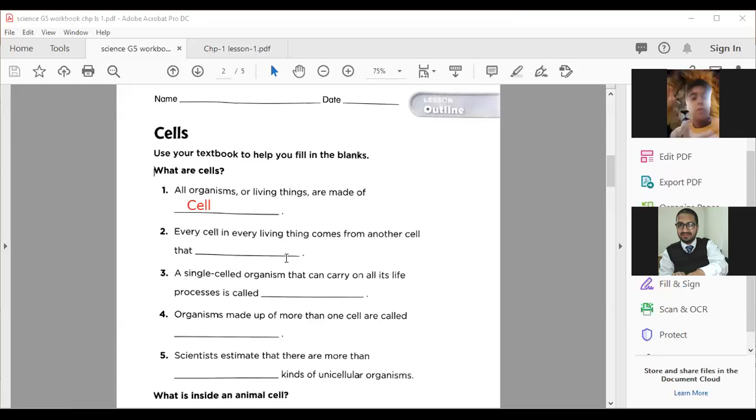Okay. So what will be the answer in the second question? Second, fill in the blank, the correct answer. Hurry up. Every cell in every living thing. Very good. Excellent, Maz Suhail. Good. Anyone more? But don't forget to write the number. Please write the blank number with it. Number 1, number 2, like this. Well done. Very good. Jadan, your answer is correct. So in number 2, what can you write?